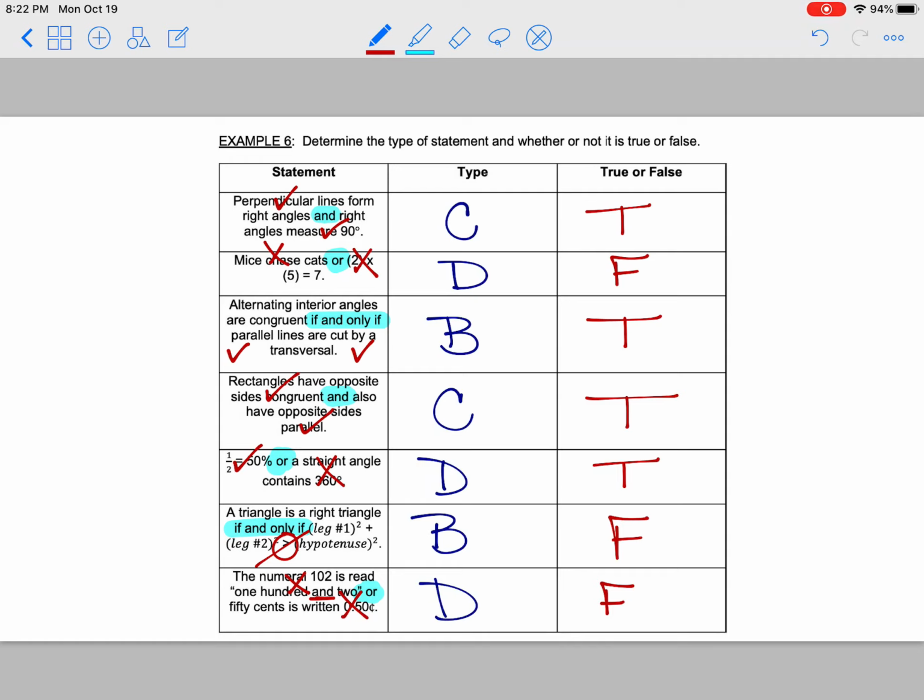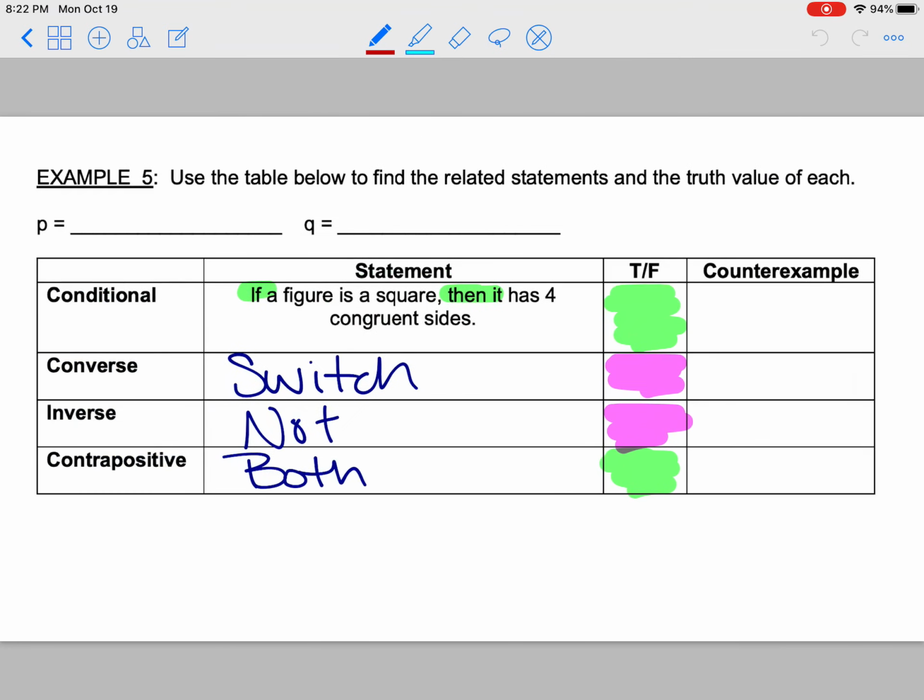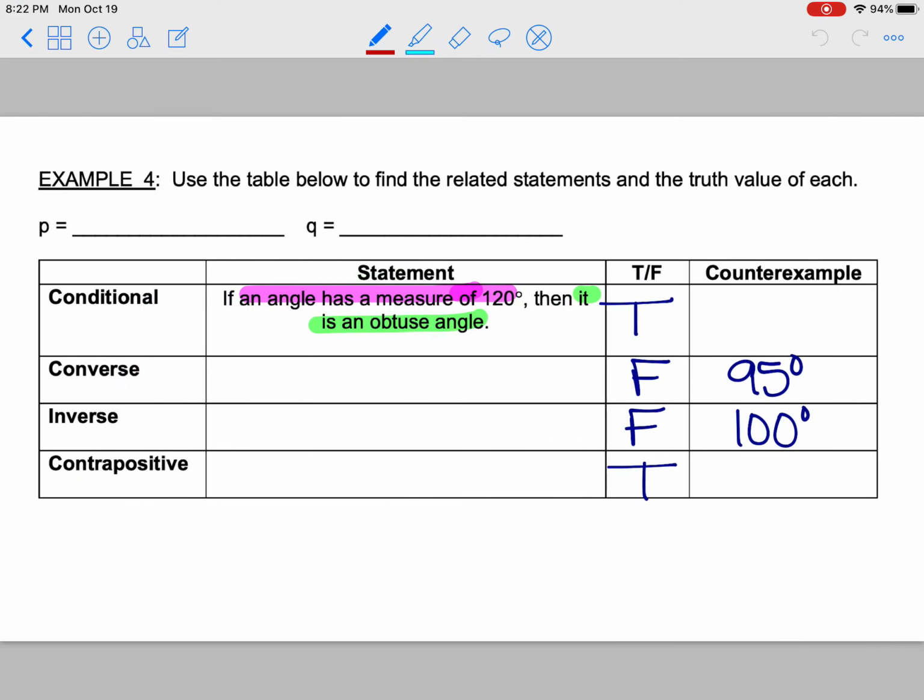I know this looks a little odd for math in general, but this is using logic, taking our statements, and especially with these statements, talking about squares, looking at the converse, inverse, contrapositive of our definitions, and seeing if they work every single time. Will they work if we switch it? Will they work if we add the word nots? Same thing here. We're looking at our different angle measures. So taking our logic throughout the year and looking at statements, whether it be the